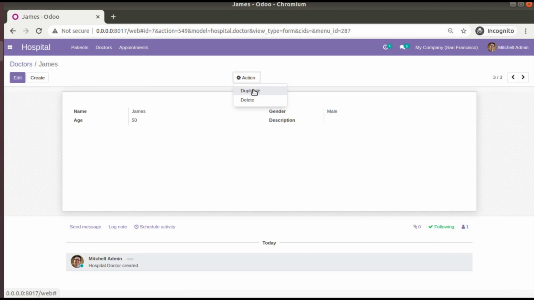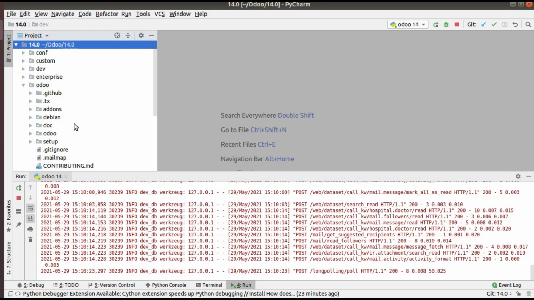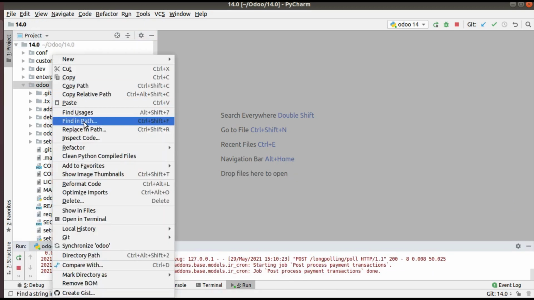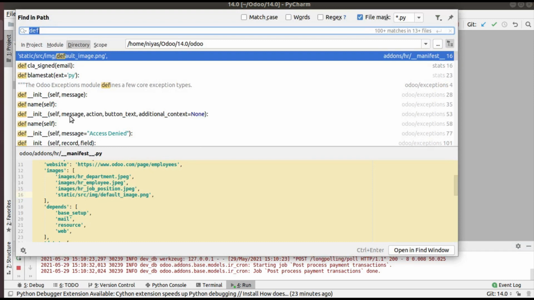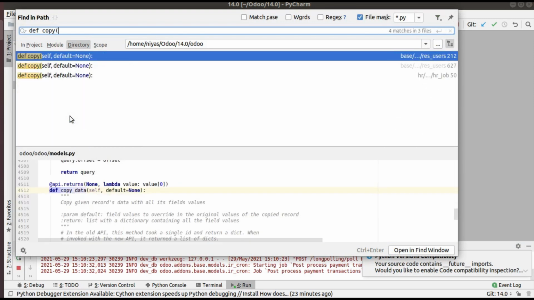On clicking duplicate, the function that gets executed is the copy function, that is, def copy. If I go to PyCharm and search inside the Odoo source code using find in path for def copy, you can see a lot of functions.